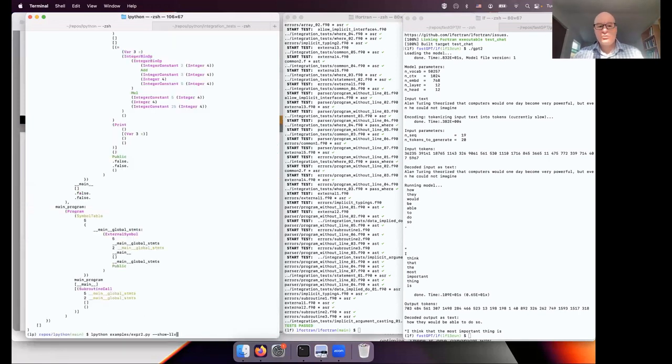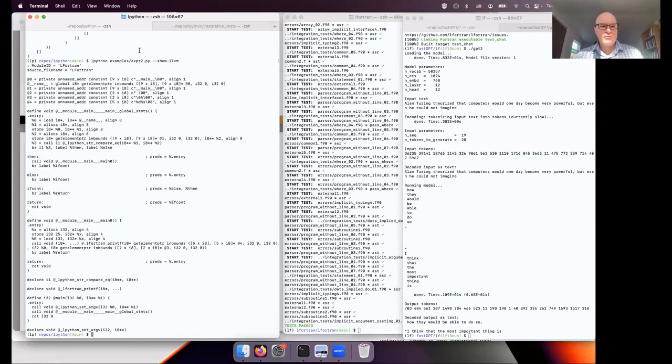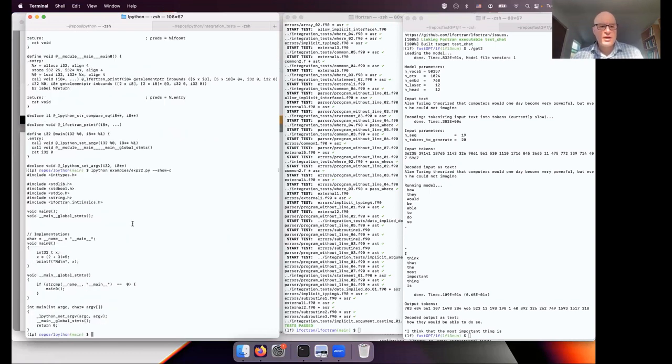And after that, you can call a backend. So for example, if you want LLVM, you can call LLVM. Here's the code. If you don't do anything, it compiles it through LLVM to a binary. You can call the C backend. So then you get the ASR translated to C, to a high level C. It's not as high level as we would like yet. Over time, we'll make it nicely polished. The goal is to produce C that you would write by hand. But as you can see, it's not bad already. It's a good start.